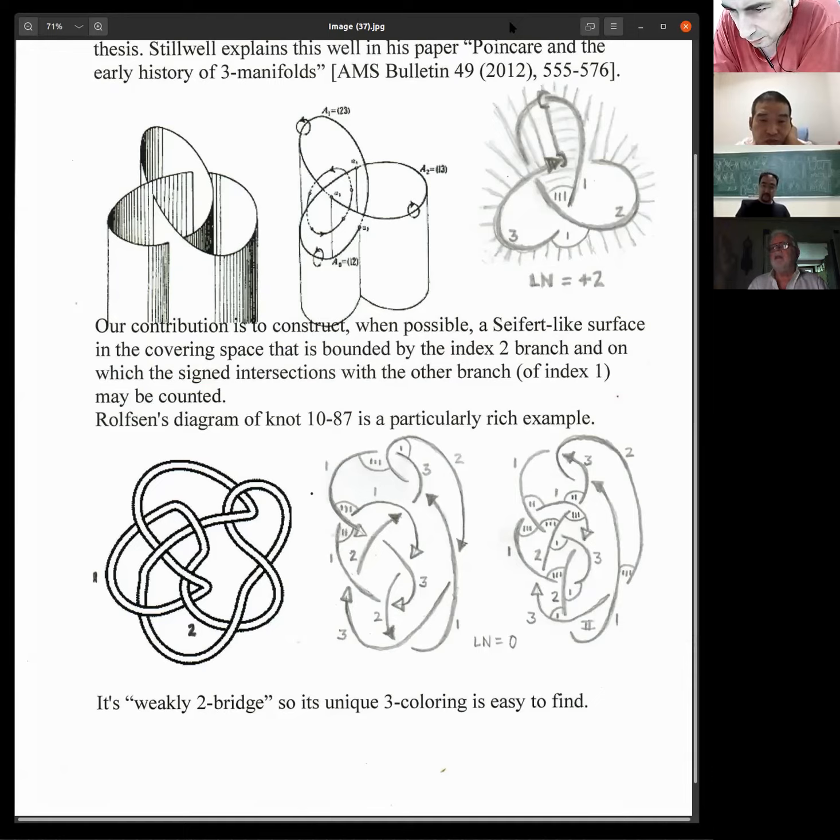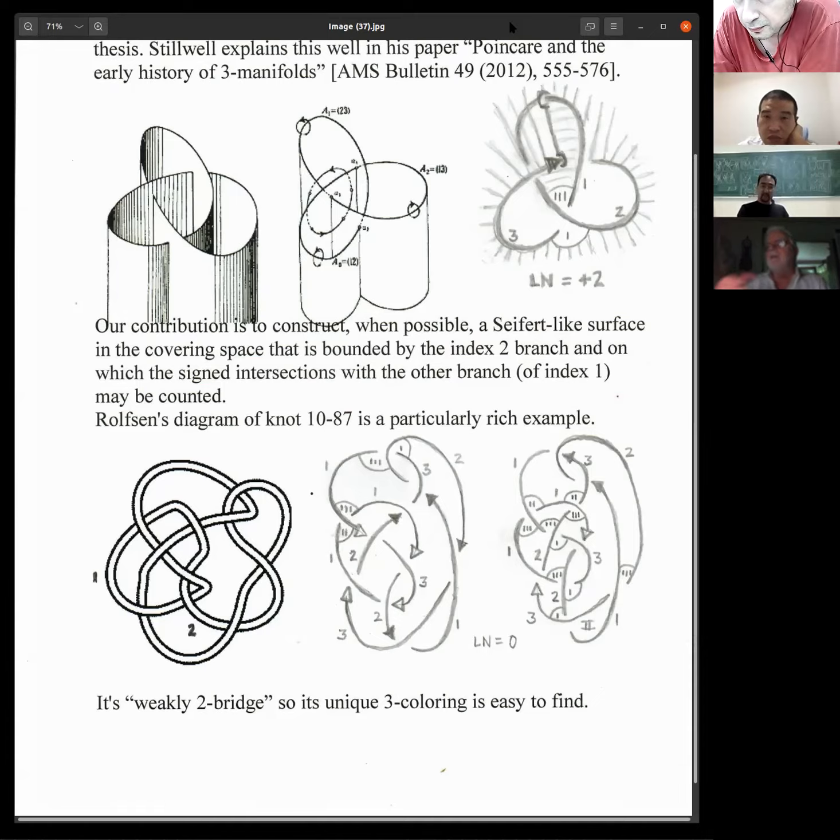But one of the lovely things is that when it does happen, and you get one of these drawings with a nice lifted cipher-like surface that co-bounds the branch curve of index 2, there are some easy ways to play with it so as to get a different knot or link, but one that also has a 3-colored covering where you can do the same thing, namely see what the linking number is between the branch curves and the covering. And for example, if you simply reverse, say, the crossing on the upper left of that lower middle drawing,